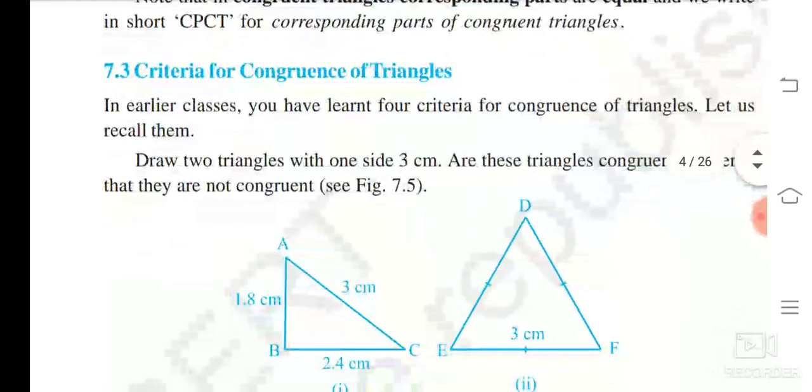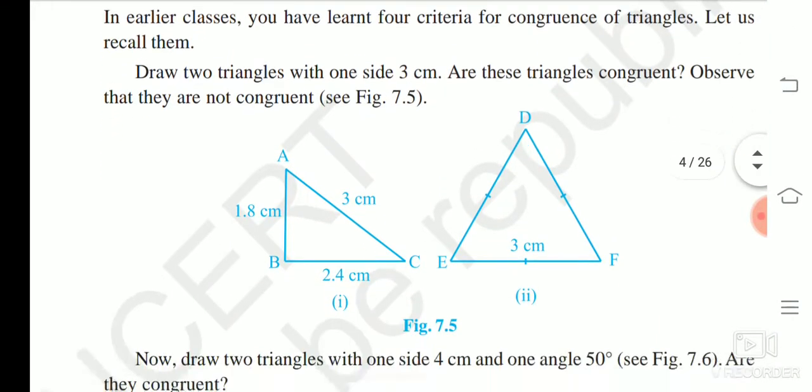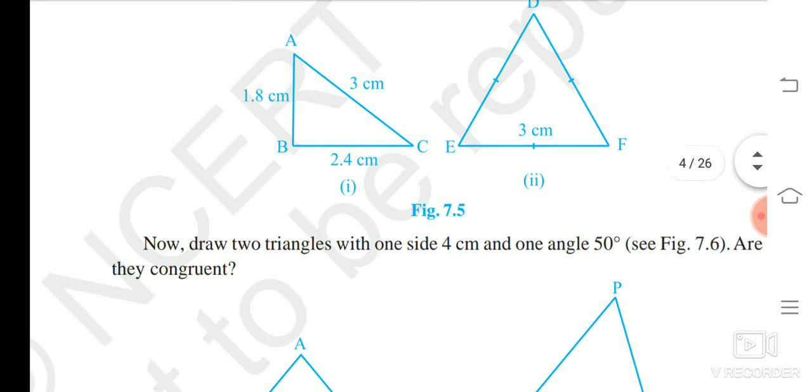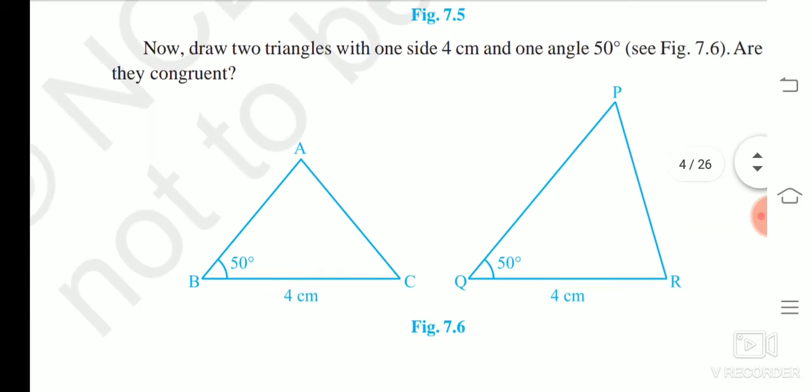So, criteria for congruent triangles. Draw the two triangles. First one, right, on side 3 centimeter. Using this, draw a 1.8 centimeter and a 2.4 centimeter triangle. So here 3 centimeter and another one like an isosceles triangle. Second one. Now consider these two triangles. Angle one is 90 degree. Another is a different angle. No, angles are not given. So these two triangles are not congruent.